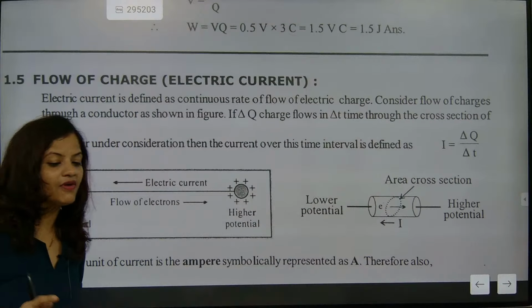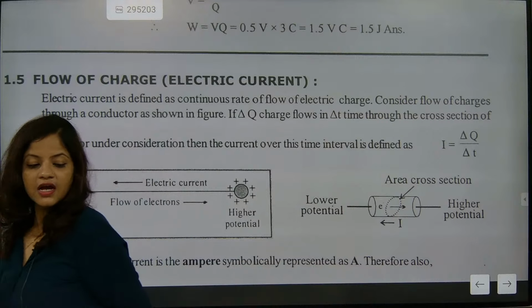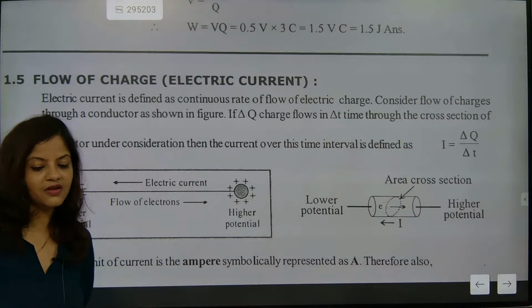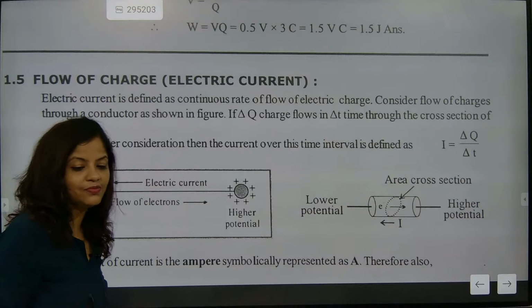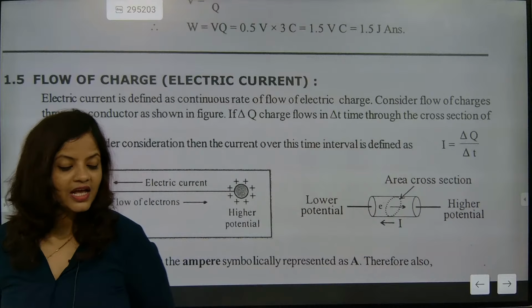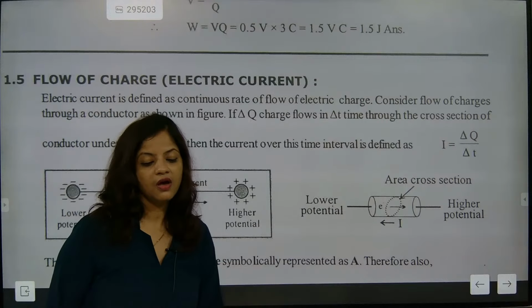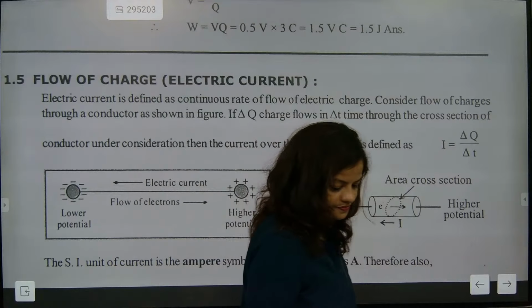With time it can vary. So definitely it is considered as del Q by del T. That is the definition of current itself. Yes, absolutely. So it is a rate of change, because the change is there. Time is changing. Current flow is also changing according to the need. What is the SI unit of current? The SI unit of current is ampere. Come on, go for it. Note down.